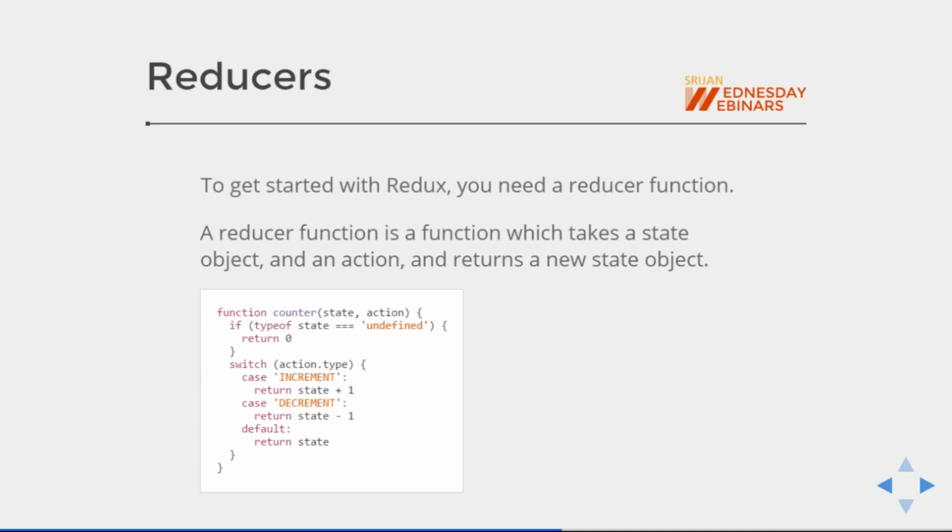So this is a counter function. What is the counter function doing? It is just checking what action I am getting. If the action is increment, then it is returning state +1. If the action is decrement, it is returning state -1. So this is a pure JavaScript function from which you can predict the output by specifying the action. If you specify the action equal to increment, then it will obviously always increment your state by 1.